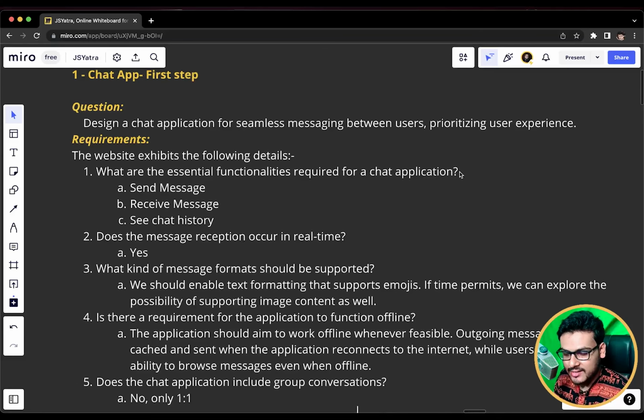This is very interesting, and we are going to understand what type of database we are going to use and how we can store the data. And we are also going to see how we are going to achieve this real-time reception using WebSockets. I'm not speaking it loud, so you hear it very lightly. Okay, it is WebSockets. Don't tell anyone. We are going to discuss this in the later half of the video. But coming back to the requirements again.